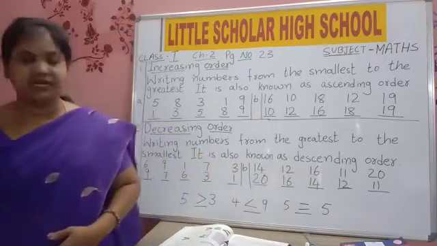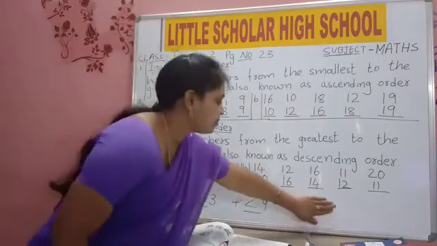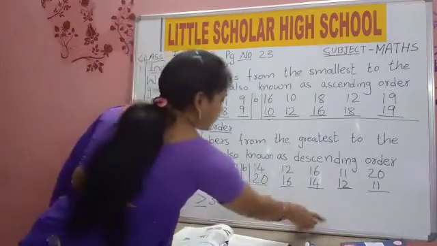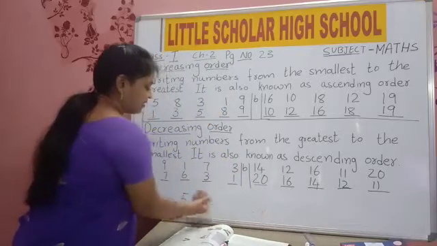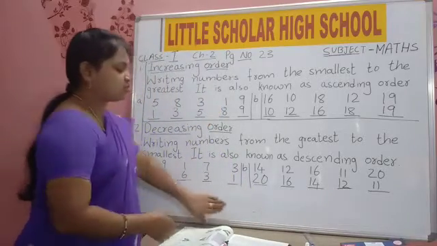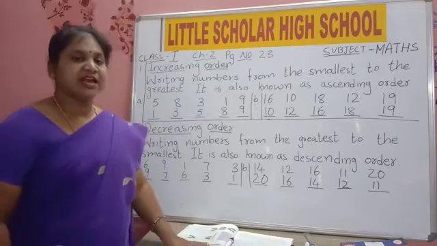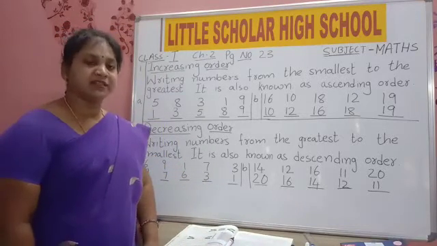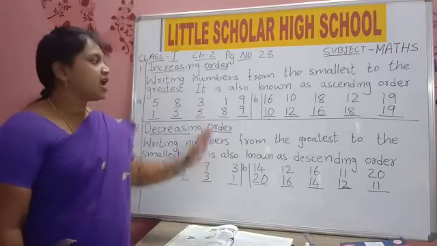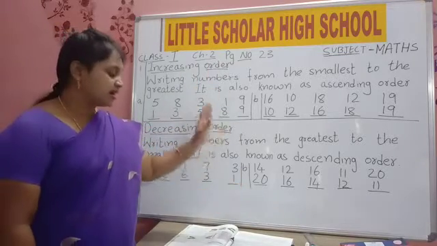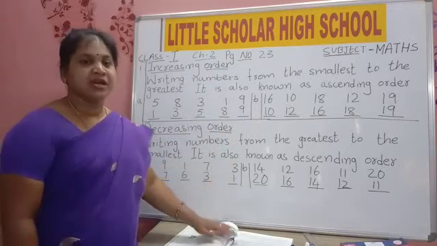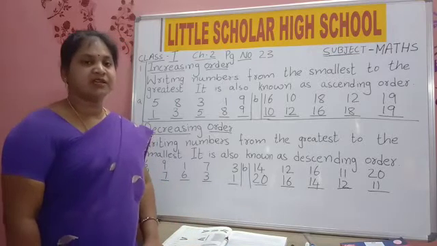Copy this very neatly in your books, children. Copy this greater than, less than, and all this you will copy very neatly. This no need to write. This is only for you to explanation. Once again in other class I will explain you in detail greater than, less than, and equal to sign. Now you copy this in your classwork, children. Is it clear? Complete your classwork very neatly. Thank you.